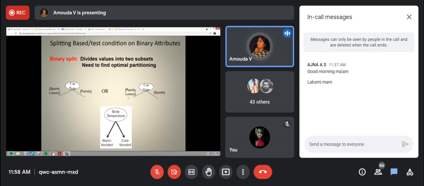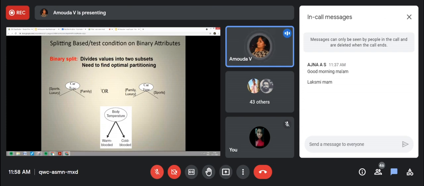You can decide on your own and divide the values into subsets, whatever subsets give you an optimal partition. As we did for body temperature, whether it is warm blooded or cold blooded, only two values are there, so we need not worry about that. If you have more than that, then it is categorical. You can choose whatever you want.